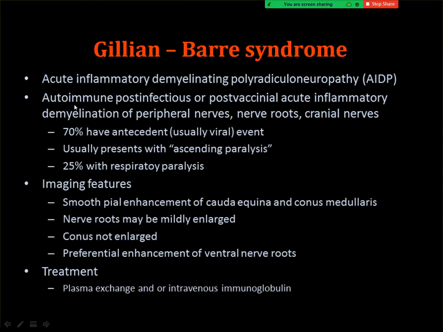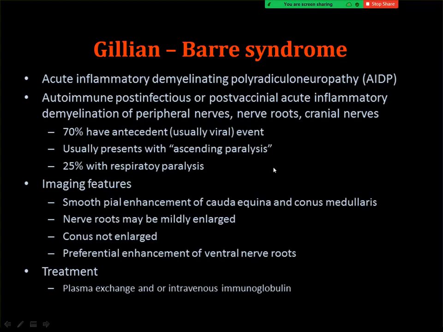This autoimmune condition may occur after infection, like in this case, or post-vaccination, typically like ADEM, which is acute disseminated encephalomyelitis, but it affects the cauda equina nerve roots and the peripheral nerve roots as well as the cranial nerve roots. 70% are antecedent, meaning secondary to a viral infection, and